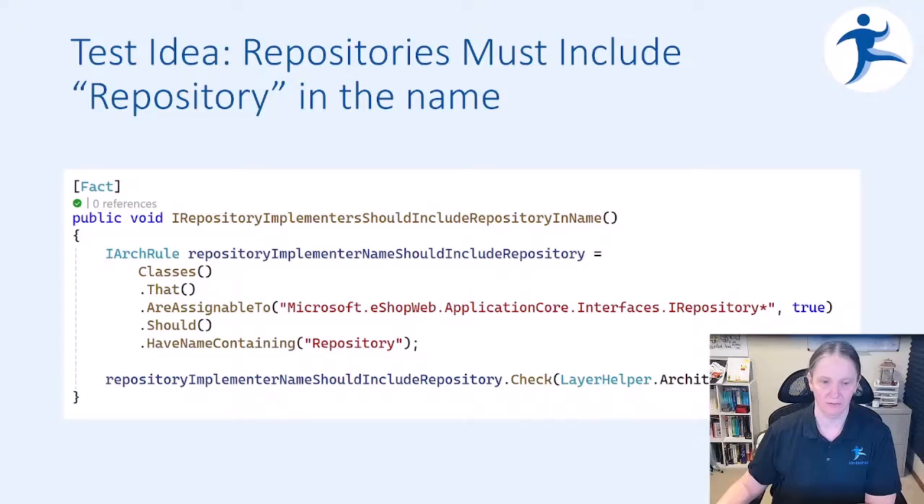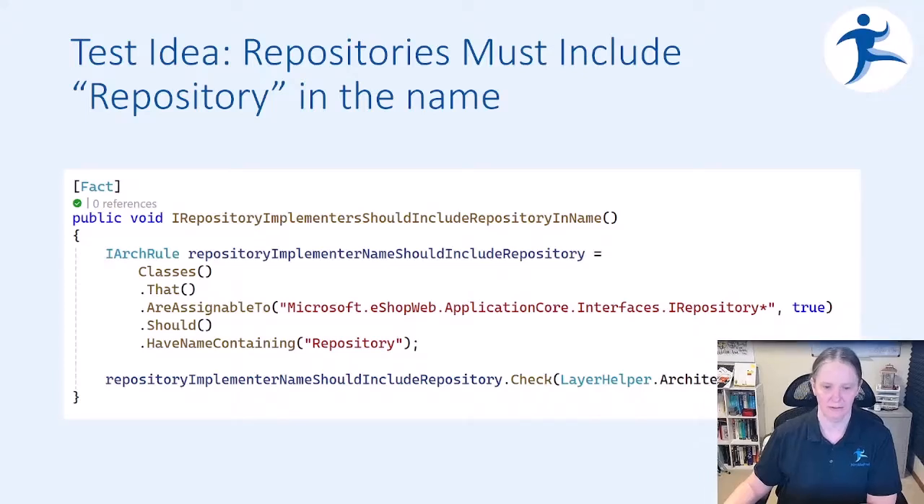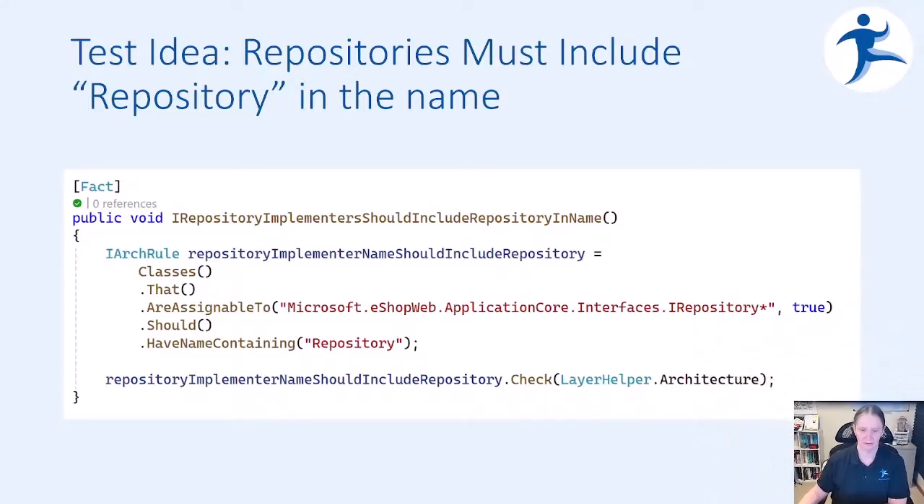Another thing you can do is, let's see, I don't know what this will do, so we'll see if it actually updates the layout there. But what you can do, and we'll look at the code, is you'll see the repository. So I want to say that repository must include Repository in the name if it implements IRepository. Now the RAssignable